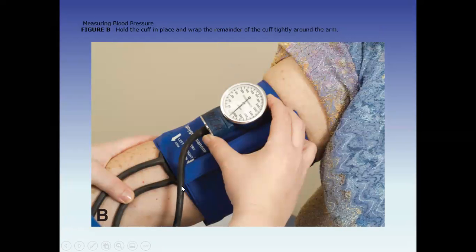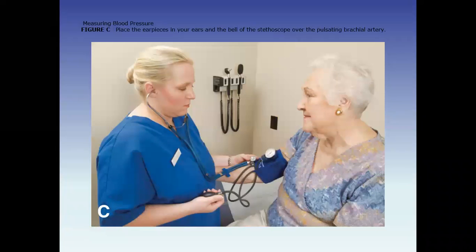Then she holds the cuff, placed in the wrap, and wraps the remainder of the cuff tightly around the arm. Place the earpiece into your ear and the bell of the stethoscope over the pulsing brachial artery. And that's all of the presentation. I'm sorry if I didn't